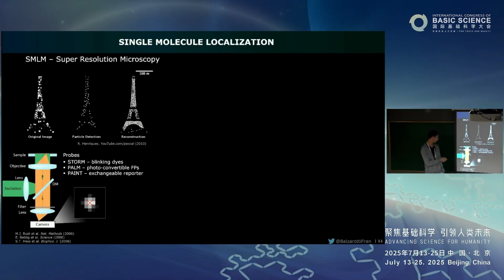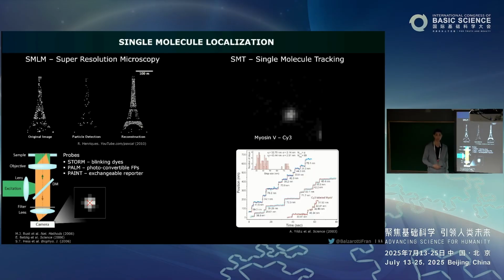principle. You see on your camera a few pixels, and you fit a model to this image to identify the parameter associated to the center of emission of the molecule. But this has been done before, even before doing imaging of blinking molecules. It was being done for tracking molecules at very high spatial precisions. This is a molecular motor working at nanometer level precisions in 2003. Now, these two methods have something in common, which is that as they're based on a wide field,